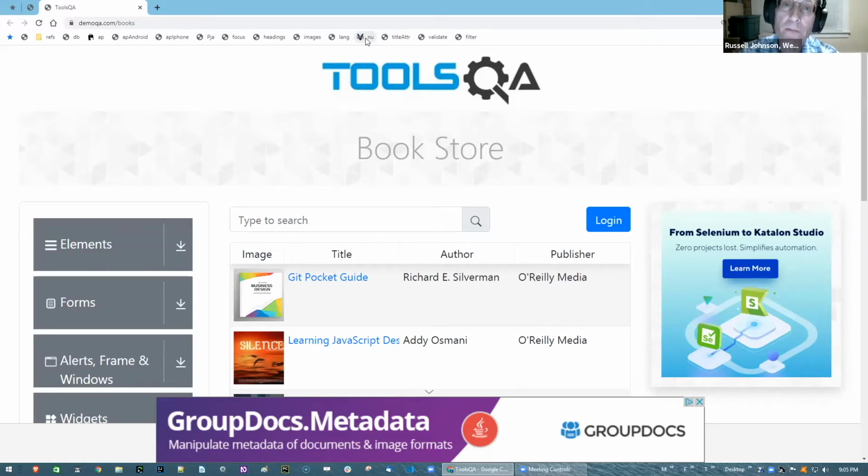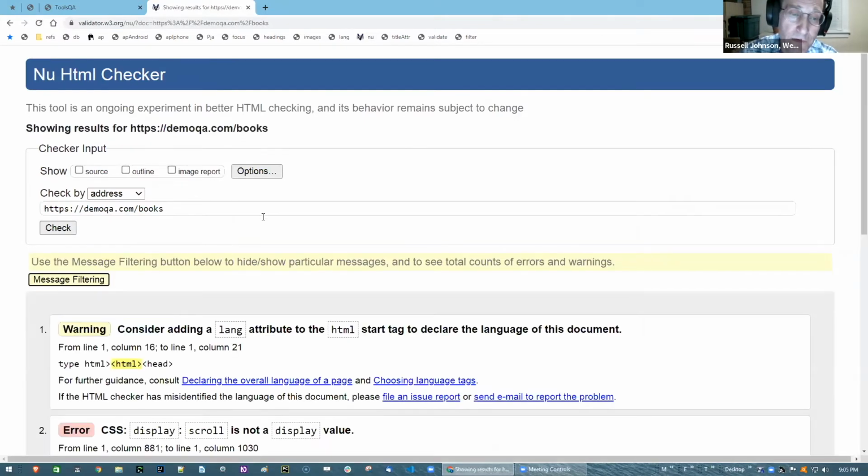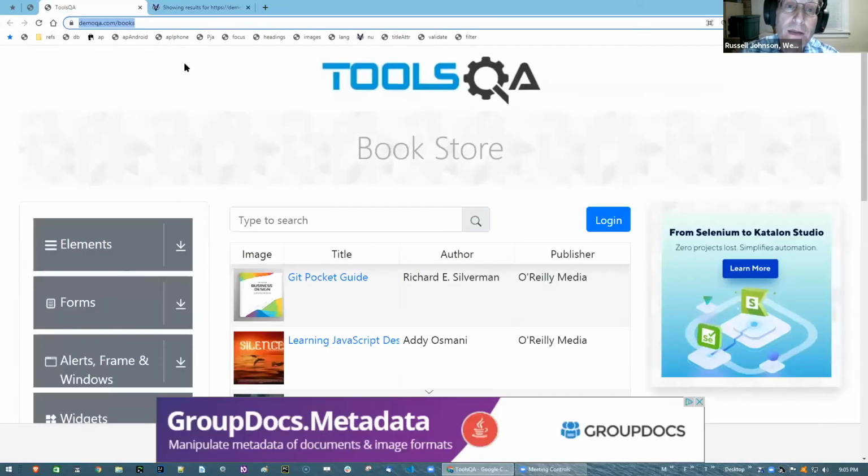If you want to validate that with the normal validator, there are like 90 some problems it should find, but if you just go here and do this, it only shows 5. And the reason,